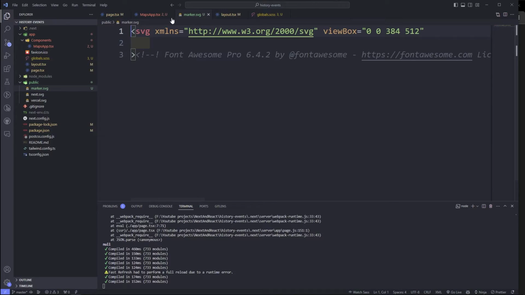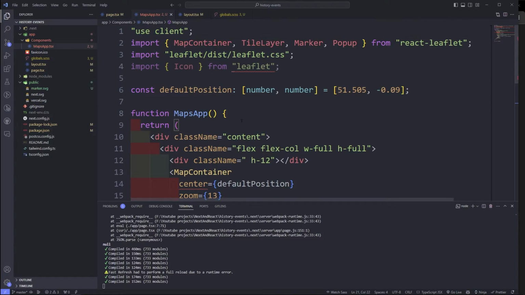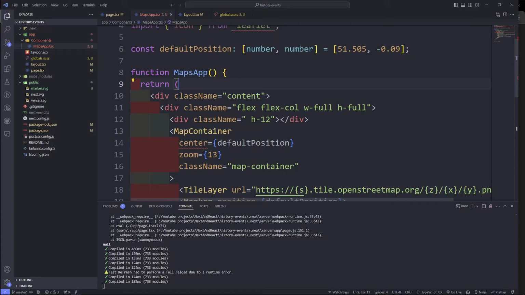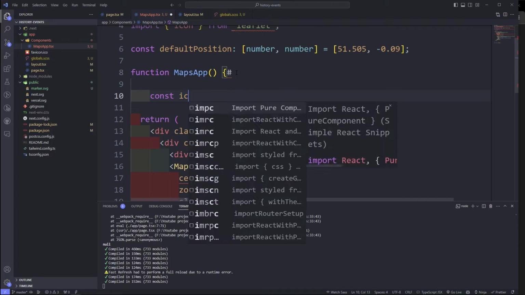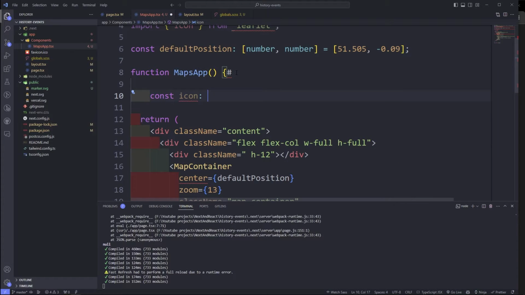Okay, and let's go back to the Maps app. In here, we're going to create our icon. So to create an icon, let's, I'm just trying to think where we should create this icon. Let's do it here. Okay, let's do const icon, and then it's going to be icon type icon, and then